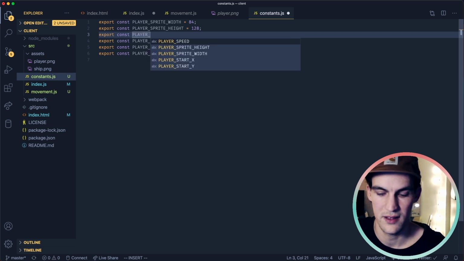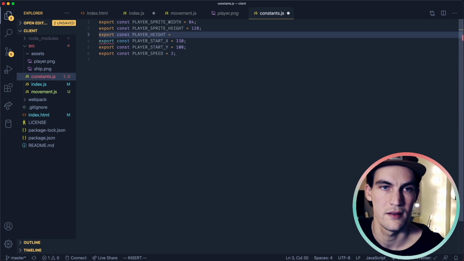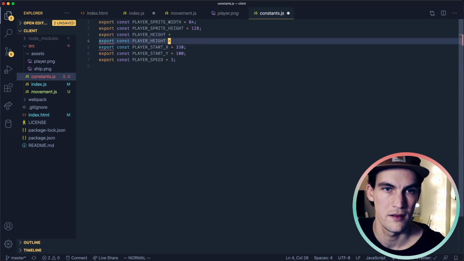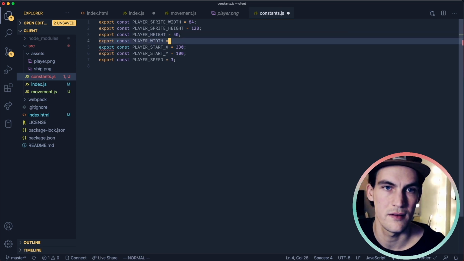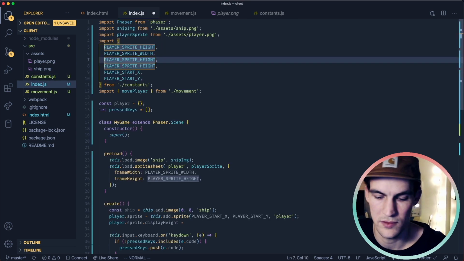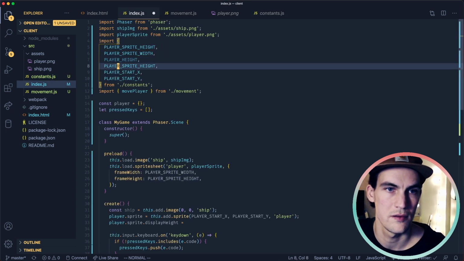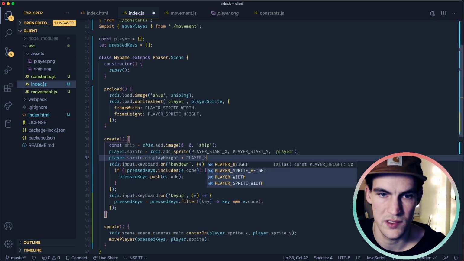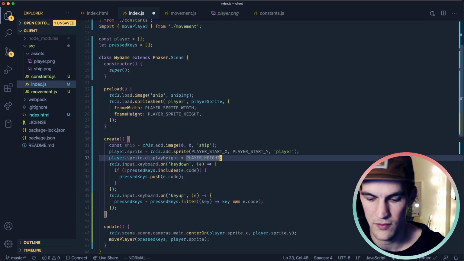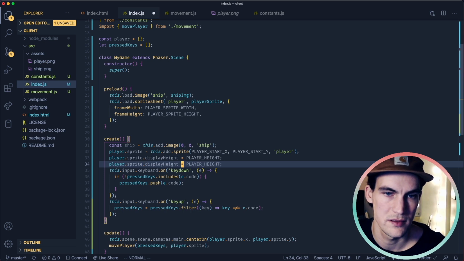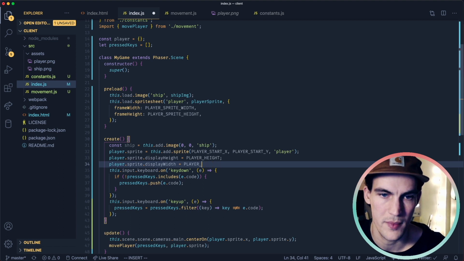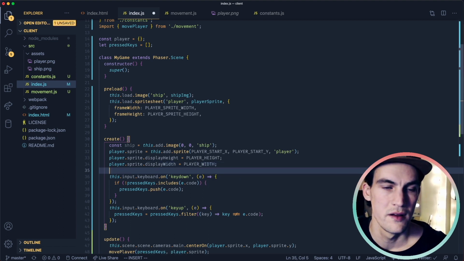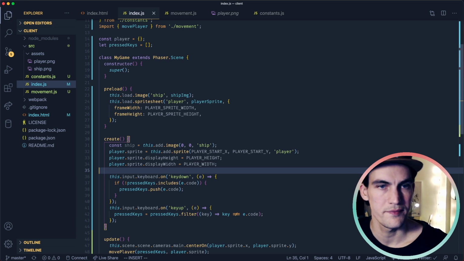Player height, width, we'll make it 50 by 37. Okay, let's see if it became smaller now. Yeah,